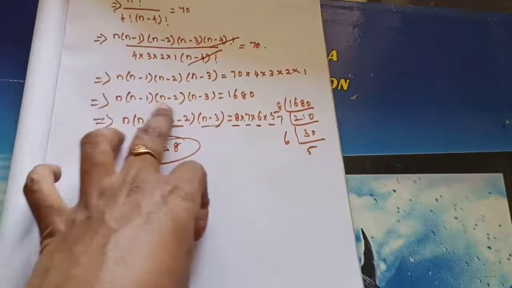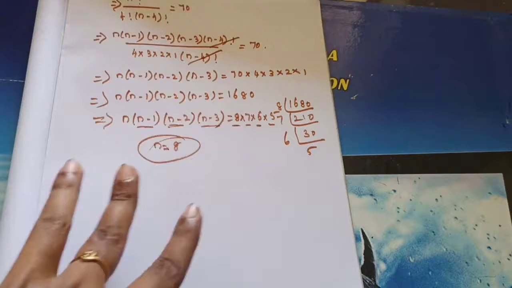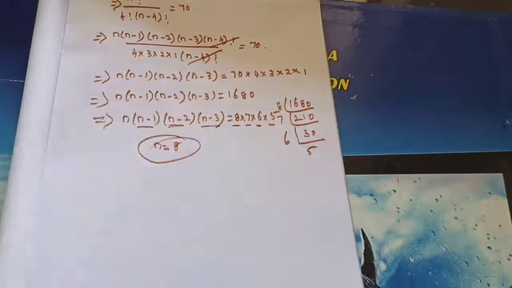You need to multiply inside and we'll get one big equation. Afterwards you need to split it and solve it. Okay, it will be very difficult. Because of that, this is very easy. So when you are getting one number, try to start from the biggest number and try to solve.